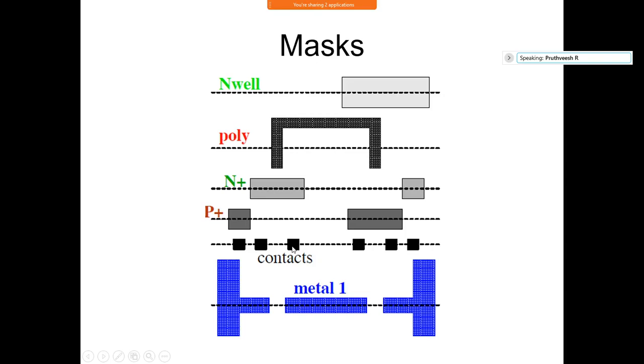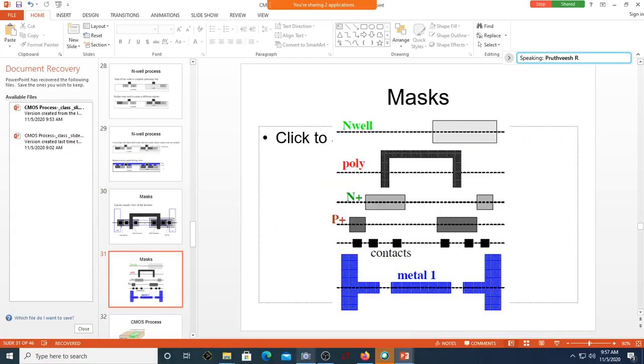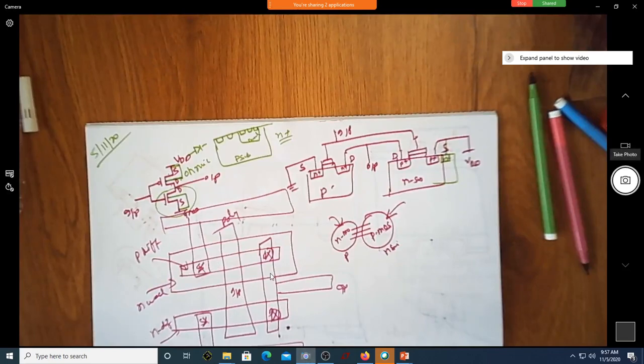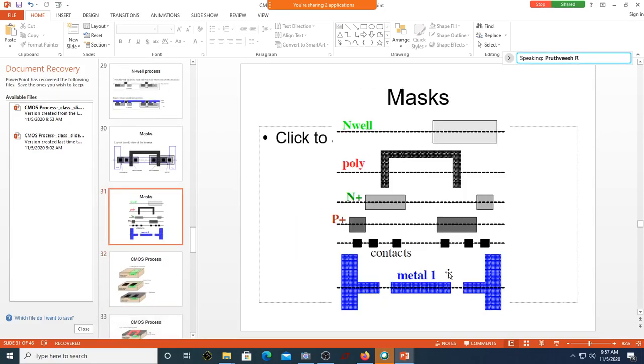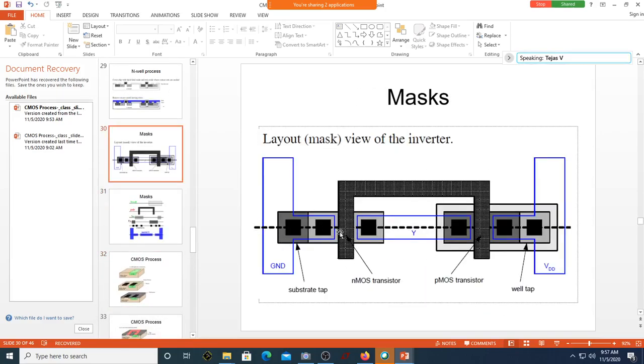Drain of N to metal. See here, this metal strip will connect this drain to this drain. That's what we wanted, this type of connection. This connection I wanted. So this is drain to drain. This is the layout, and exactly there it is looking the same. Everything gets merged in a single thing.